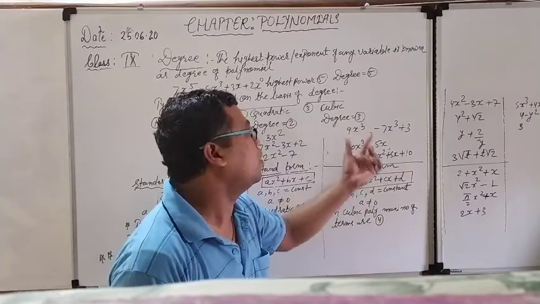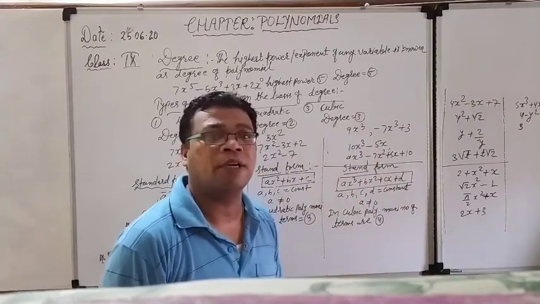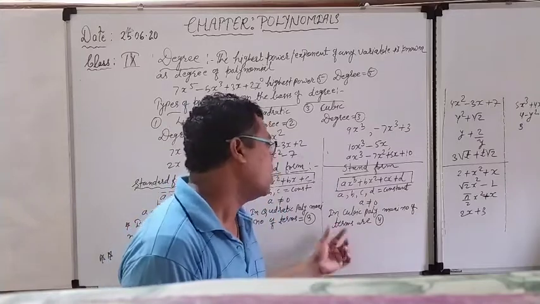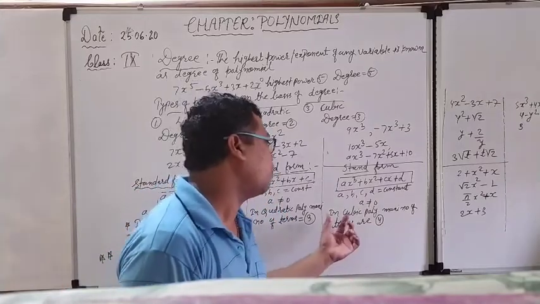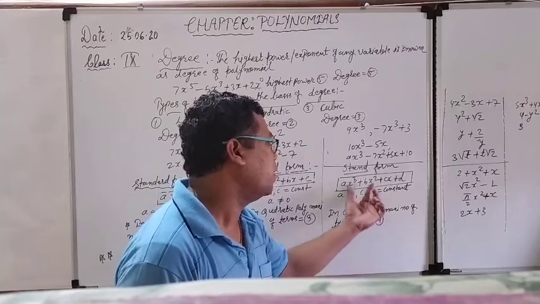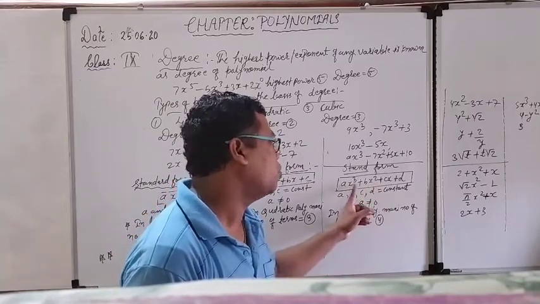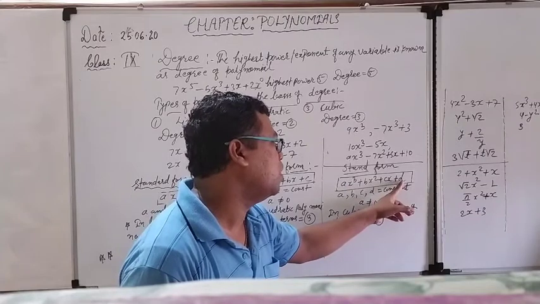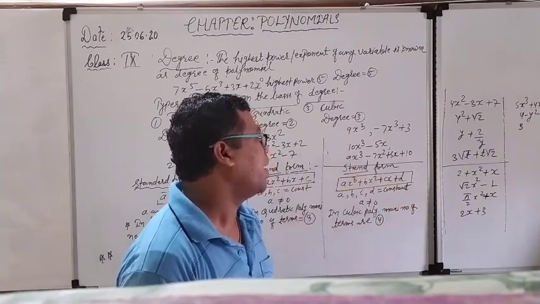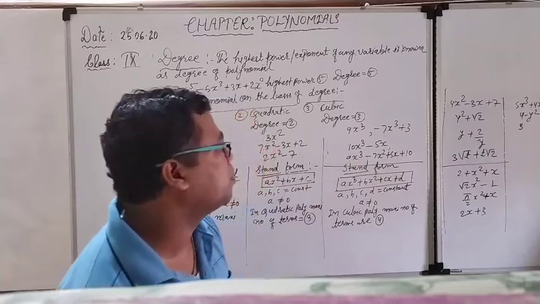So the existence of the cubic polynomial totally depends upon the degree 3. That's why the condition is that a should not be equal to 0. Now, if we talk about the maximum number of terms in a cubic polynomial, the maximum number of terms is 4. According to the expression ax cube plus bx square plus cx plus d, you can see that a maximum of 4 terms are there. You can see the example also: 9x cube minus 7x square plus 5x plus 10.